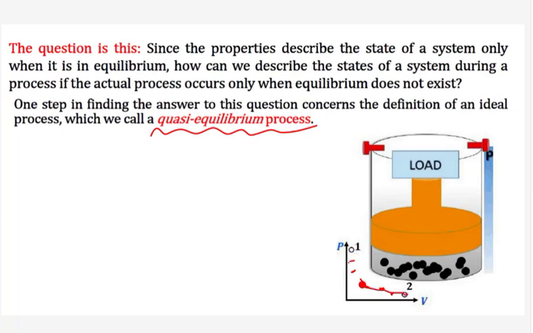If I can join these points, I will get a curve, and if I get this curve, I can calculate the work transfer. That's why the quasi-equilibrium process has come into the picture. If I remove this load, I can show state point 1 and state point 2, but what happened in between I don't know. That's why we cannot plot an irreversible process in a PV plot, because you don't know what has happened in between. But a quasi-static process goes through different equilibrium points.